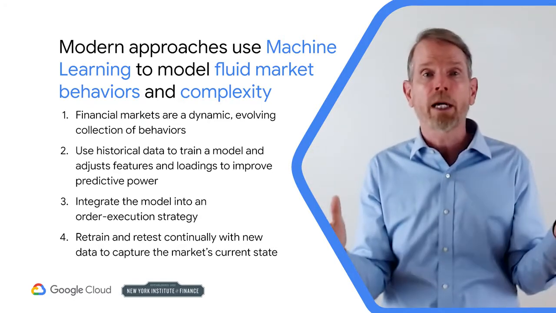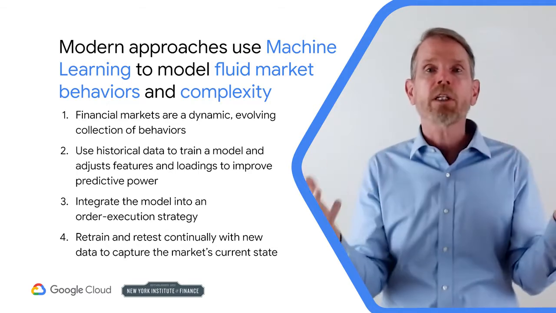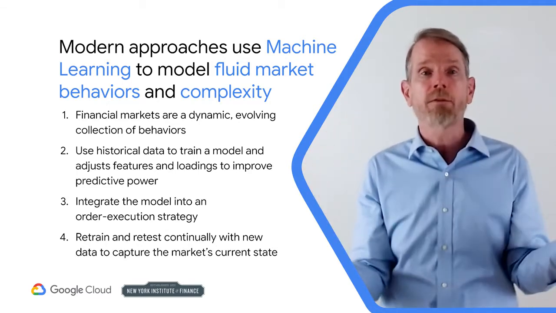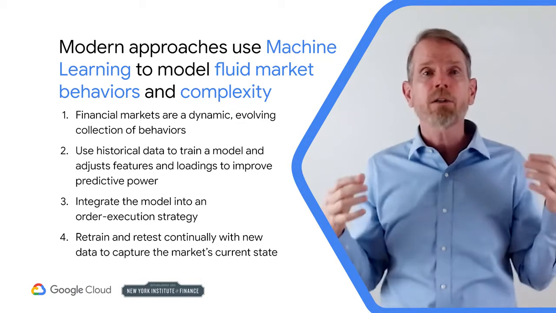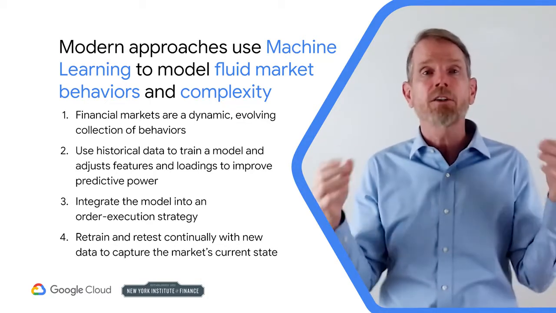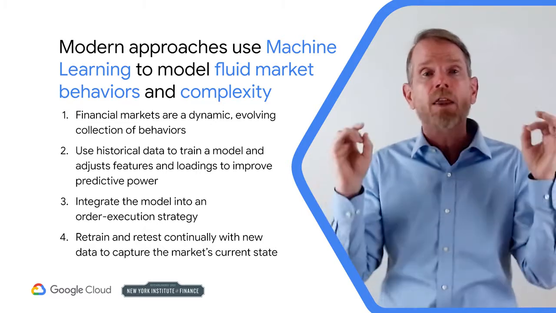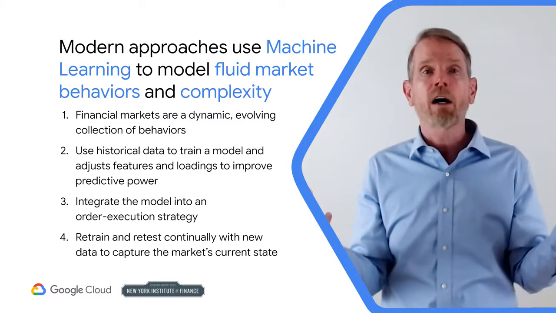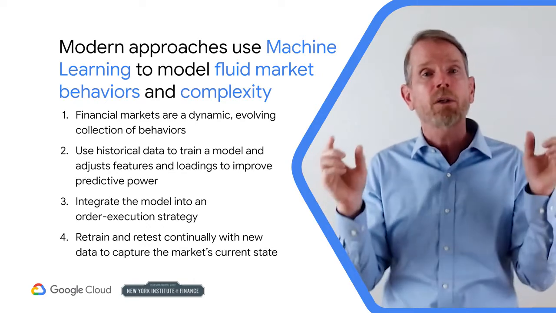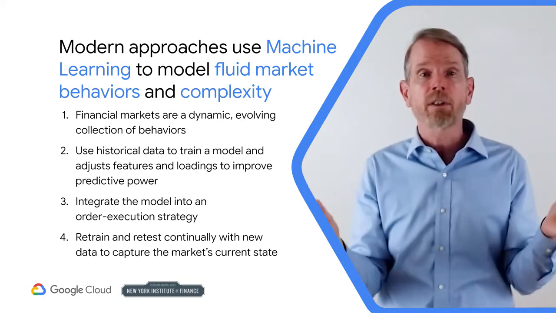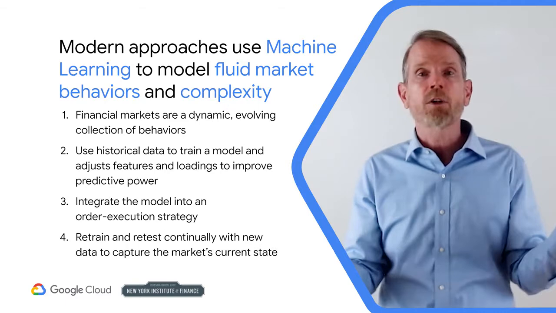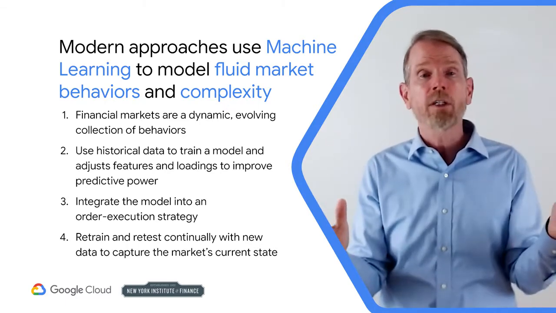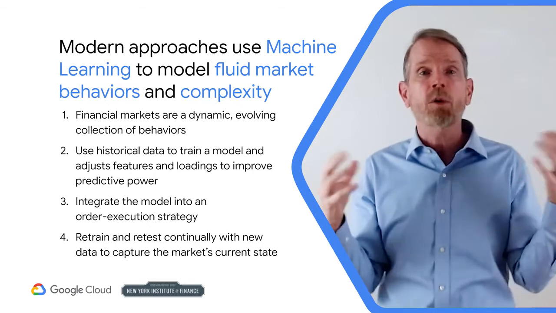unless it fails dramatically. Machine learning models view the markets as an ever-changing collection of behaviors. Features and loadings need to be updated continually in the service of maximizing the model's predictive power. Models created with ML algorithms are more complex and so are difficult to interpret statistically. This loss of interpretability is offset by their potential to make better predictions and more quickly adapt to structural changes